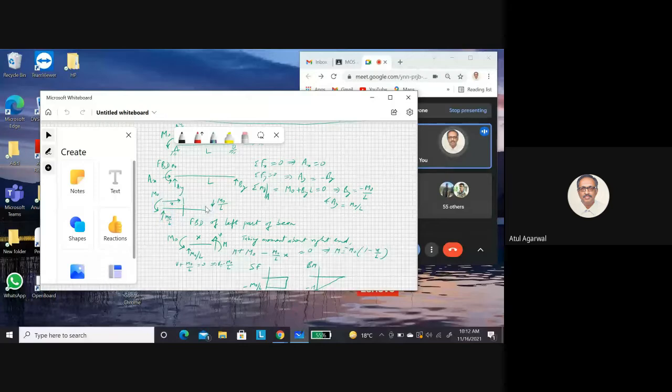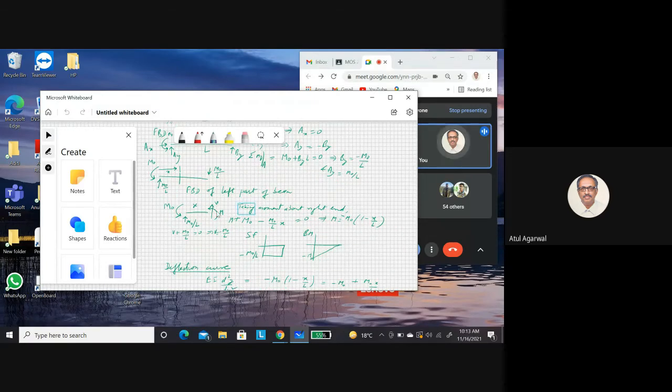So you have calculated all the reactions. Now you want to find the moment at this cross section at a distance x from point A. So you draw a free body diagram of the left part. So I have shown the external moment and support reactions. The support reaction at point A is given by this. At this cross section, I show internal forces represented by shear force V and a moment M. The way I have selected them, they correspond to a positive value of shear force and a positive value of bending moment.